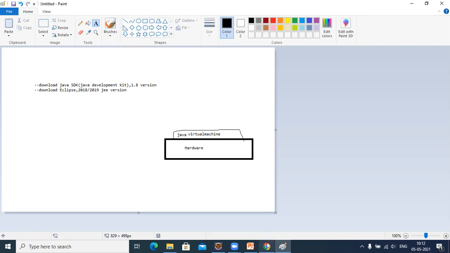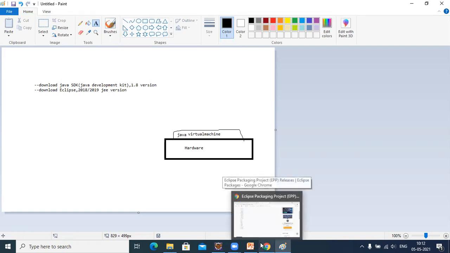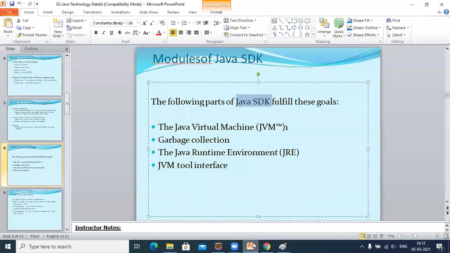Here Java is nothing but a set of tools. So we have mentioned the most important modules of Java SDK. It will have a garbage collector, a virtual machine, Java runtime environment, and the JVM tool interface.